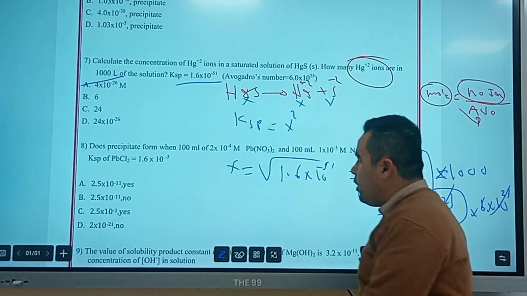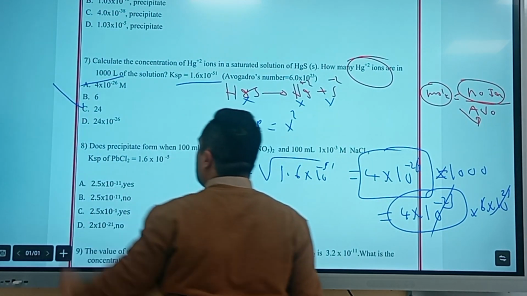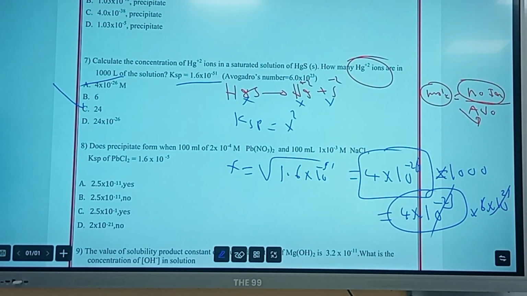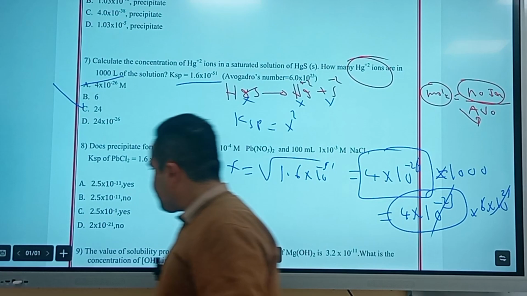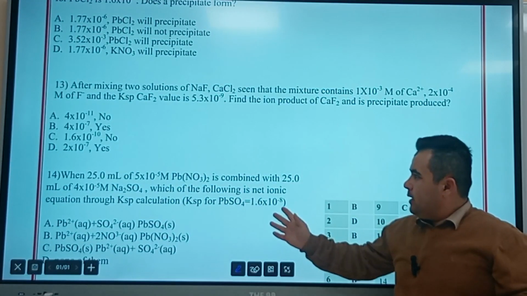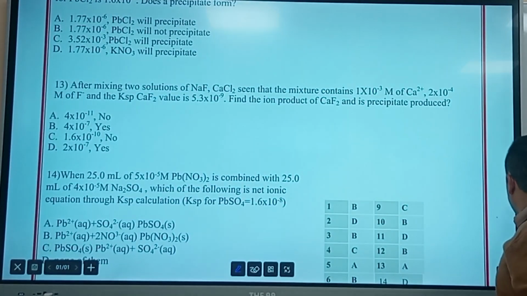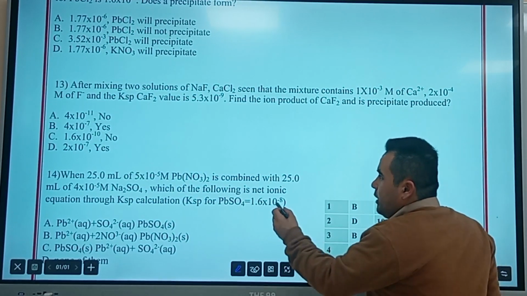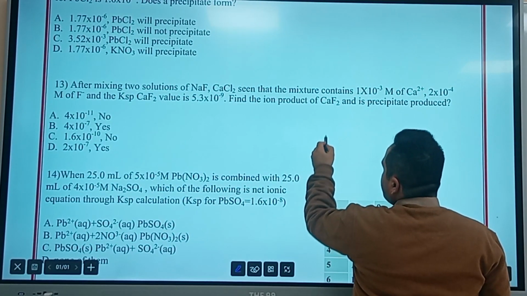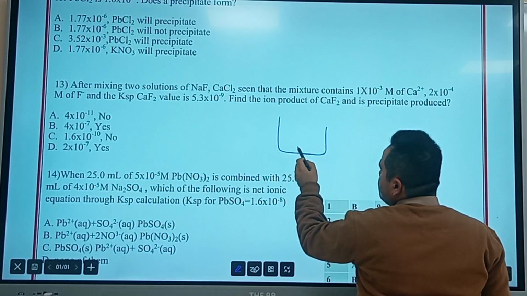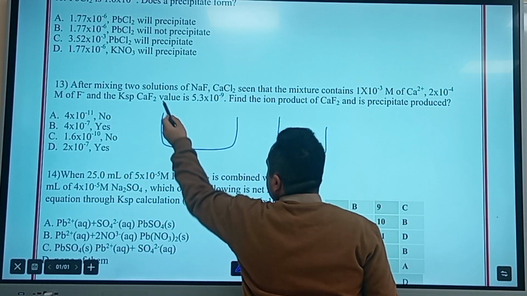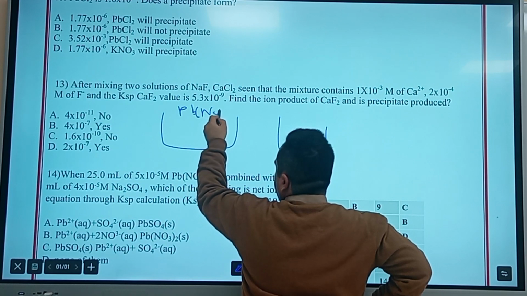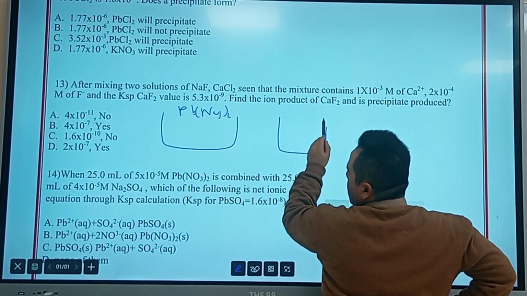6 multiplied by 4, you'll get 24, which is the number of the ions of Ag. Guys, let us solve the last question, which contains new ideas. Here we have two solutions. The first one contains Pb(NO3)2, and the second one